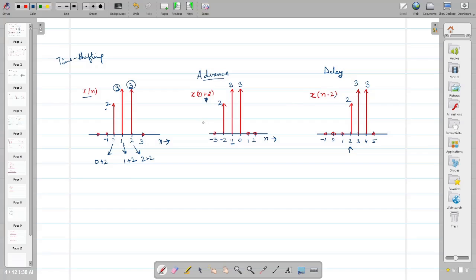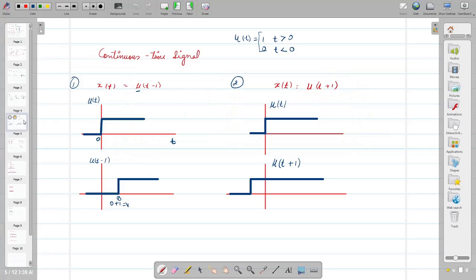From this example it is concluded that if I am going to advance the sequence by 2 or by k number, then the sequence or the signal is going to shift on the left side, and if I am going to delay the sequence by 2 or by k, it is going to shift on the right hand side. So this is right hand side shifting, or we can say delay, RHS, and on left side we can say LHS. So directly we can understand the